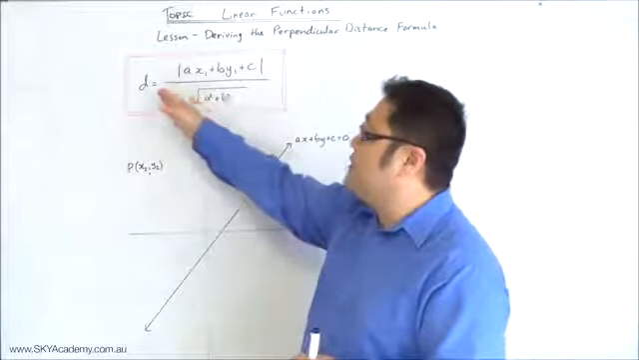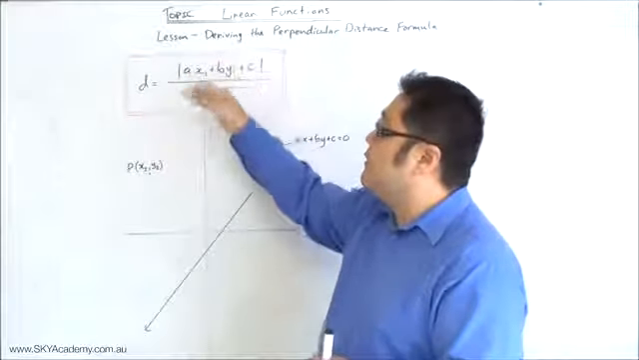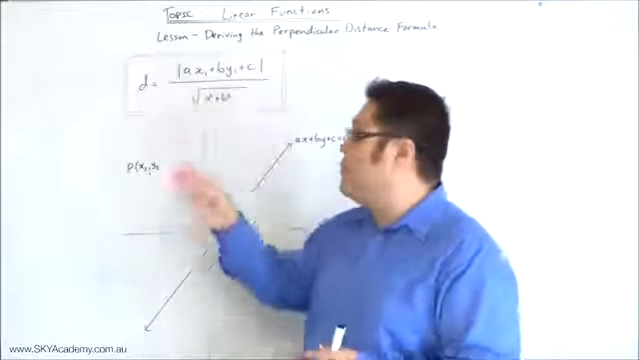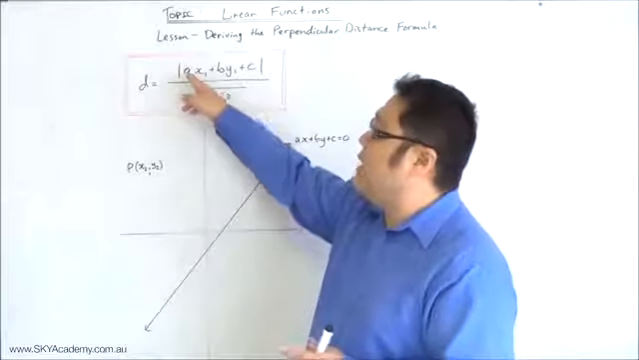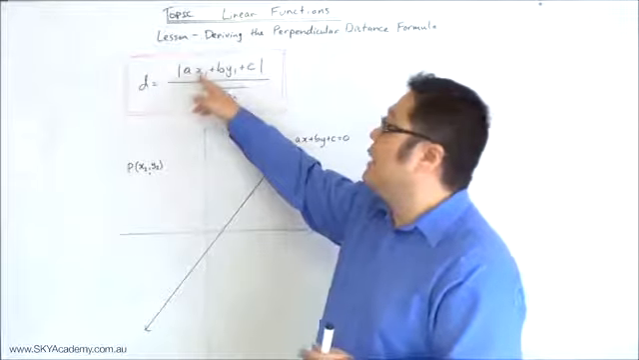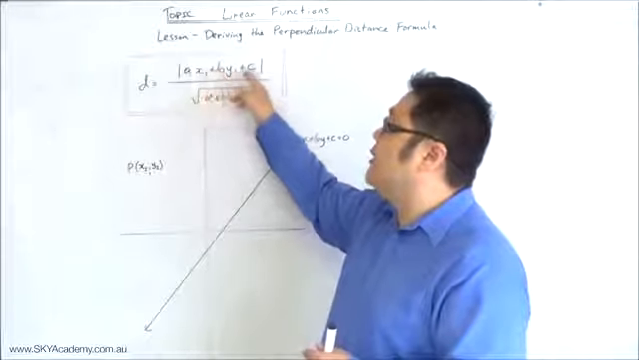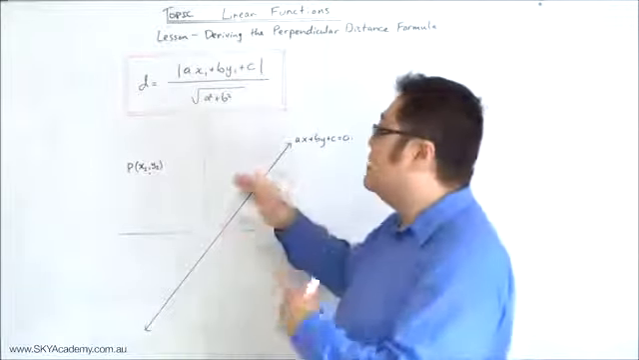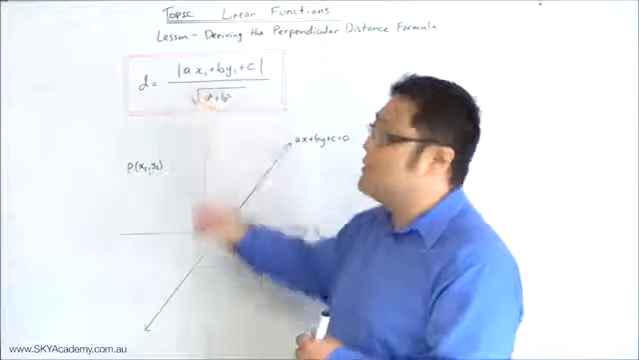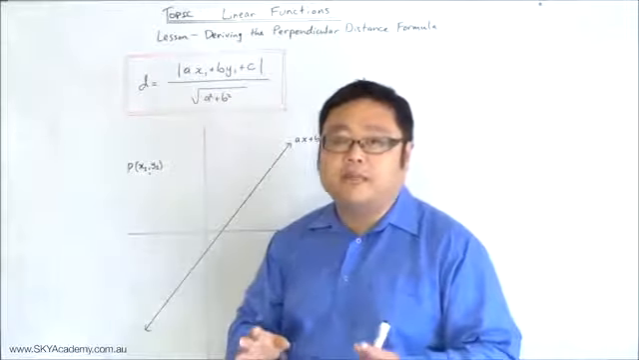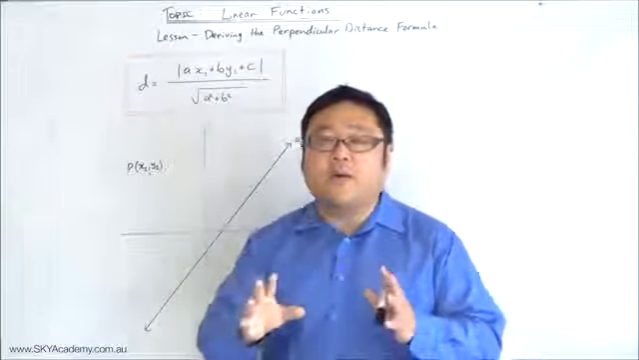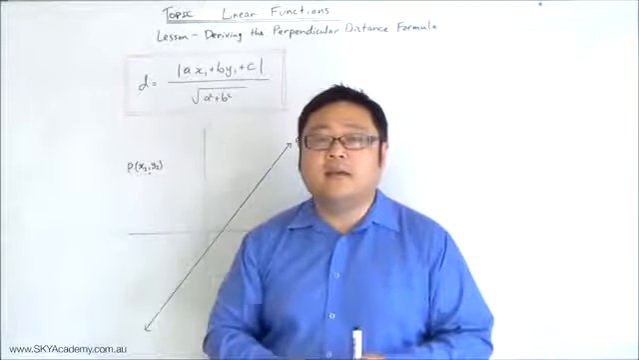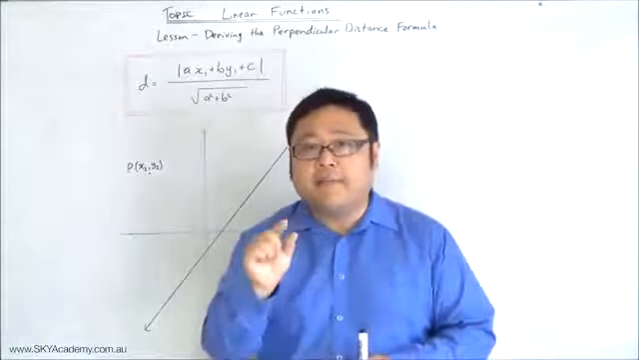And the perpendicular distance formula is that the distance from a point to a line is going to be the absolute value of ax1 plus by1 plus c, all over the square root of a squared plus b squared, right? And there's a number of ways of showing why that is the case. Have a think about one way,